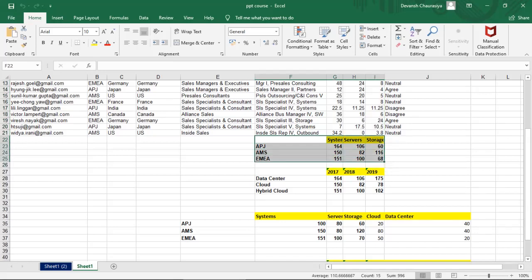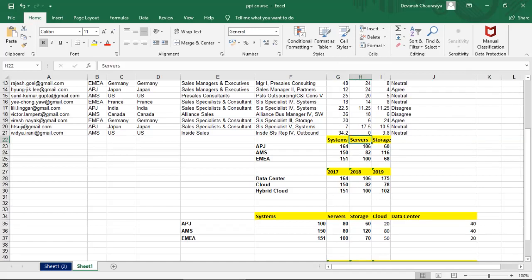Let's say the sales of computer systems, servers and storage was this. Let's assume this is in dollars, in millions. When EPG was, system sales was 164, server 106, storage 60 in $1 million, right? Another data that I have created is how much we sold in 2017, 18, 19 for data center, cloud, and hybrid.